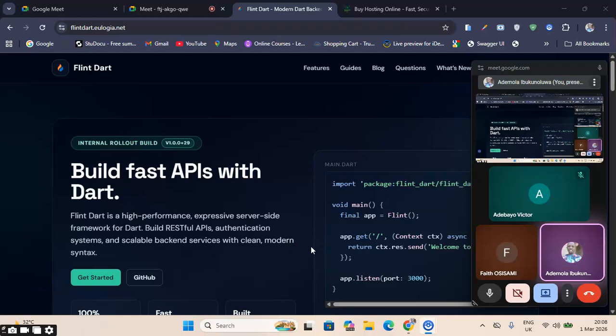Third, FlintDart allows us to be able to build a backend. In other words, that's backend. And what backend is actually, it's not just a backend, it's an application that runs on a server. And because it's on a server, it has the potential to reach different kinds of clients, and different kinds of client can reach it. So your mobile app can actually send a request to it and do some magic and